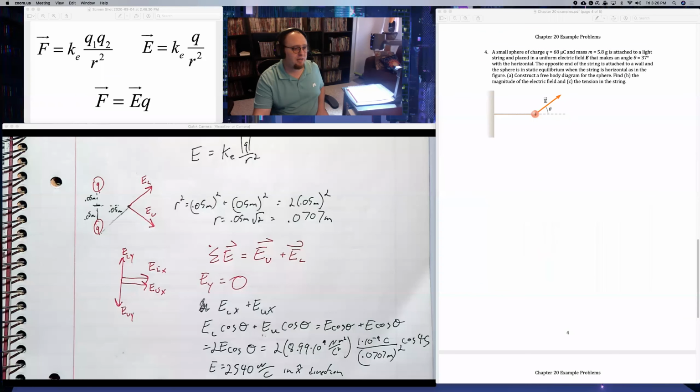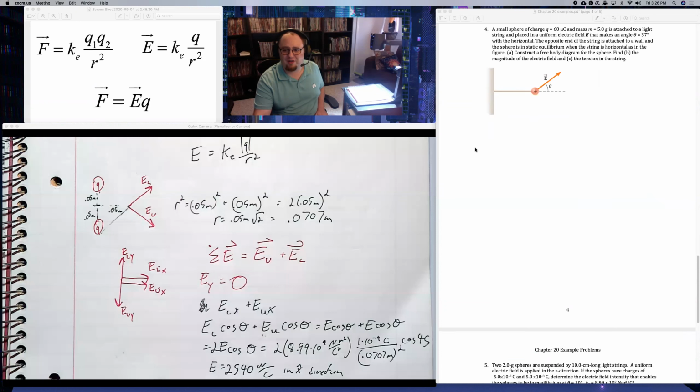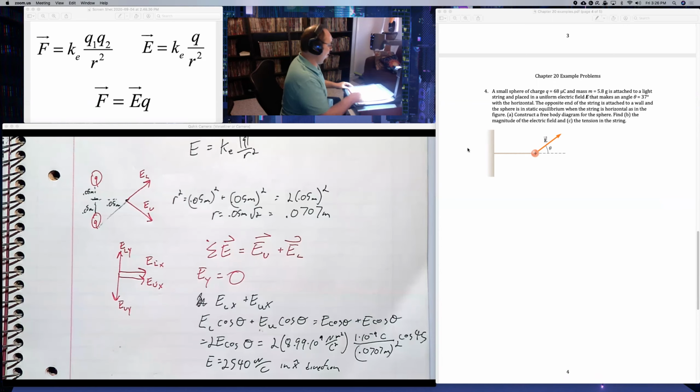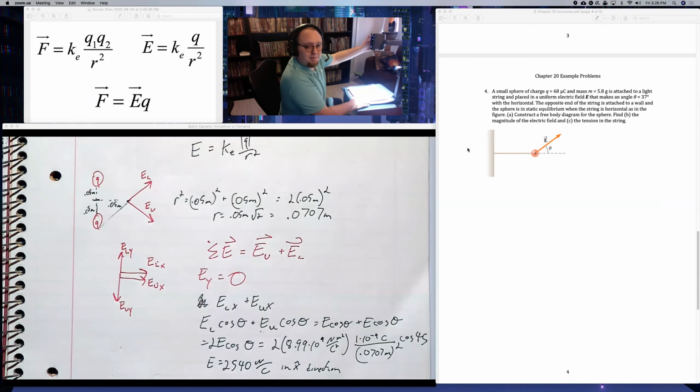Traditionally, I normally don't do all 5 problems in the packet. I sometimes do, sometimes don't. Normally the fifth one has a bit more of a trick to it, and it's a little more complicated. I'll probably only do the full today. I forgot the last one's kind of interesting, but I'll probably still only do the full. In class, I would have been running out of time already because it's already 3:25, and I might not even have gotten to the fourth one. I probably would have skipped this one, but